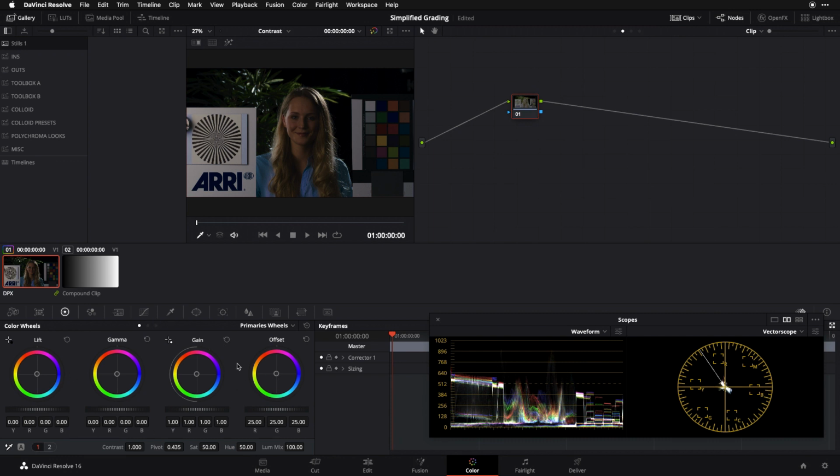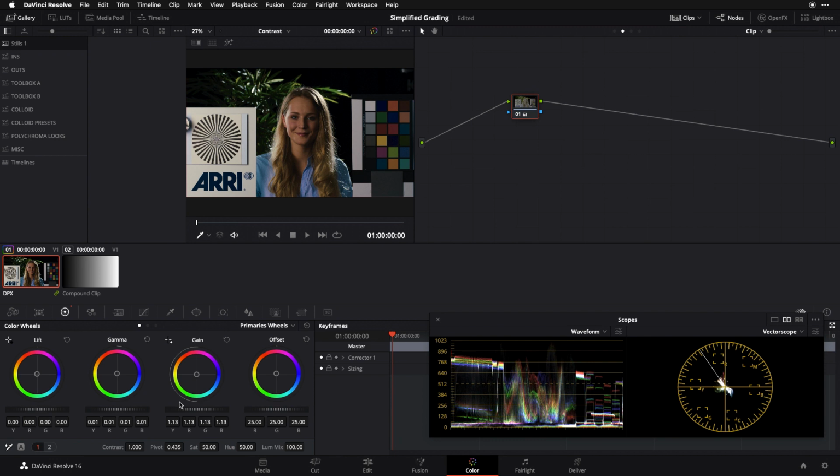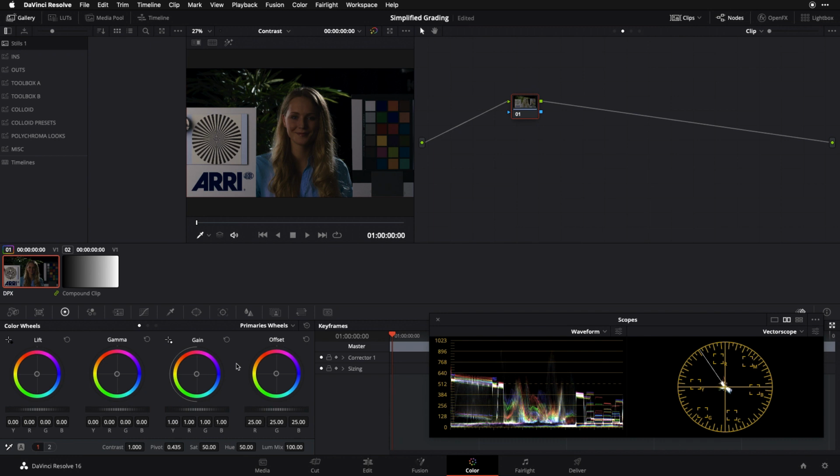So let's look at the way that I would have tackled this in my first few years working as a colorist. I would have gone into my meat and potatoes here, my lift, gamma, and gain, and started turning knobs and started trying to make the image look better than what it came in at. And there's nothing fundamentally wrong with this, and I would be able to get it to a decent spot probably pretty quickly. But if I ask that first question, is this an exposure or a contrast issue,